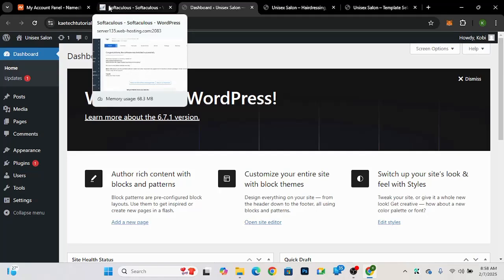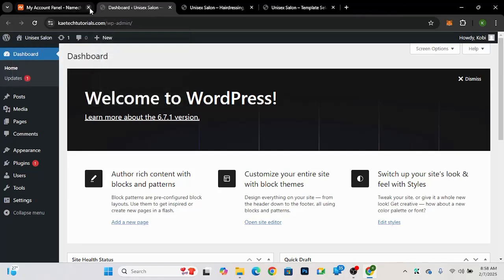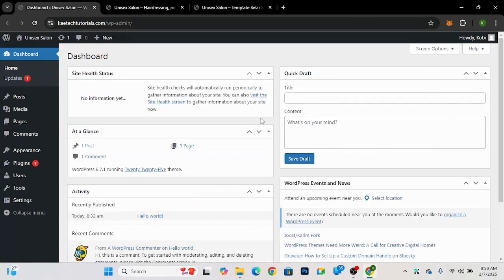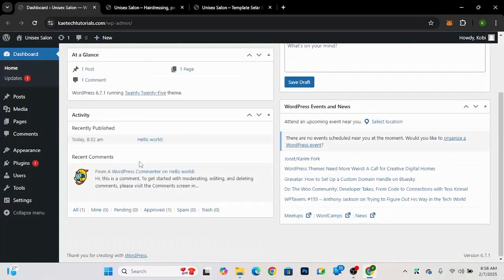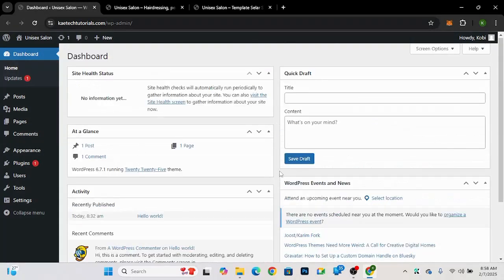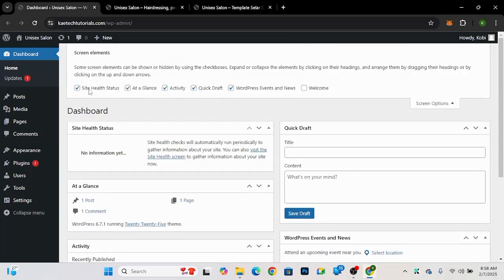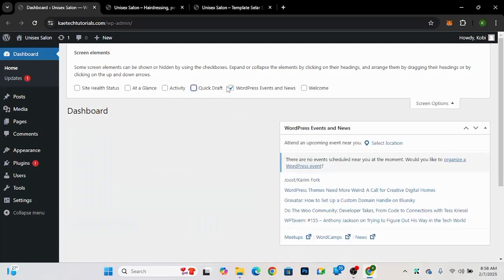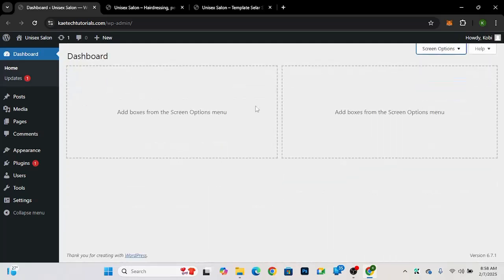So I'm going to just close this and then close this because I wouldn't be going there again. But what I will do is dismiss this particular one, and then you see these notices over here on the dashboard. I want to clean all these notices, so I'll go to screen options over here and then untick all of them. Very good. All right, so now that I have the dashboard clean,